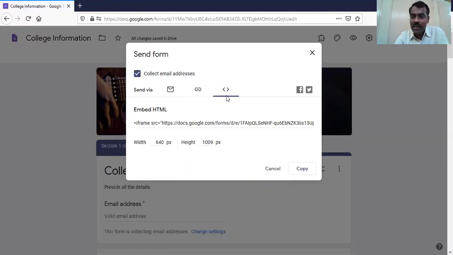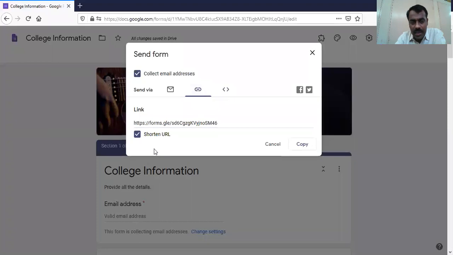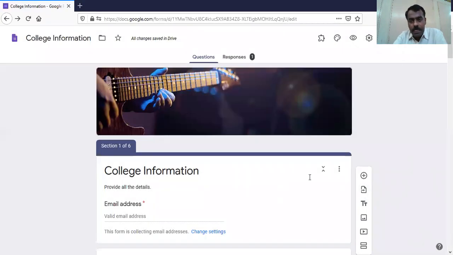Even though it is a Google form, when you click on that link from your website itself, details will be asked. That means we are just embedding our Google form into the user's website. For that, they will give this embedded HTML code. Whoever knows about HTML web design can easily understand this, but this is only optional. Usually a Google form, we share it using this link: click on shorten URL, copy and share it. You can share by mail, by WhatsApp, anywhere you can share it. Right? This is the way we can create it and send it to the concerned persons.